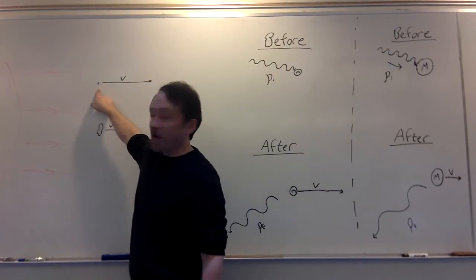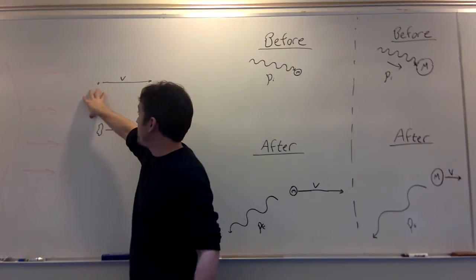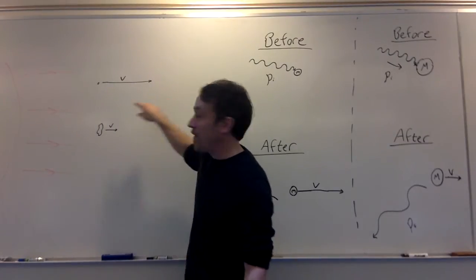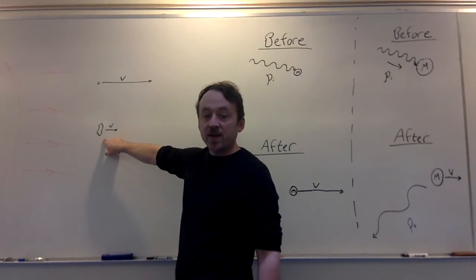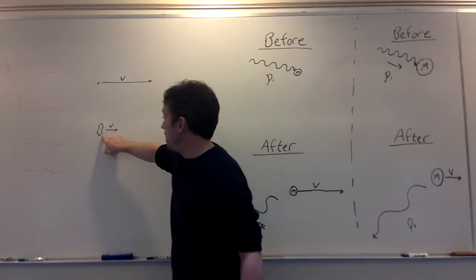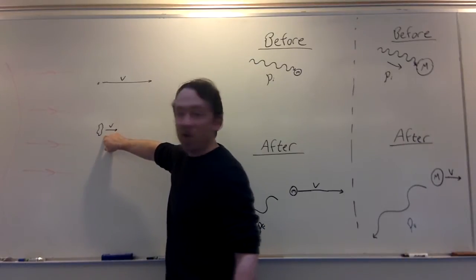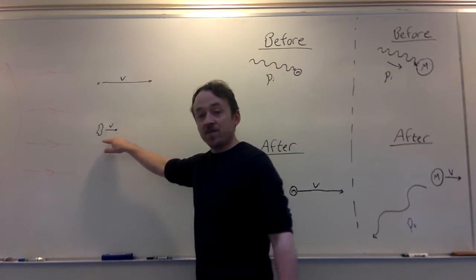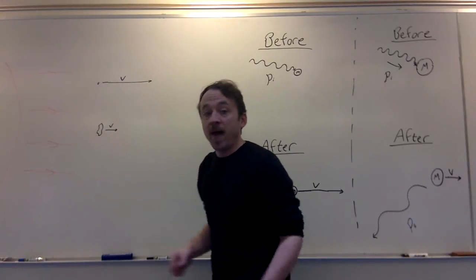The small mass object is easier to accelerate because it's got less mass, and so the radiation pressure can give it a big velocity that way, which is why I draw the big arrow. The massive object is harder to accelerate, it's got more resistance to a change in inertia, and it ends up with a smaller velocity and doesn't go as fast as the smaller mass